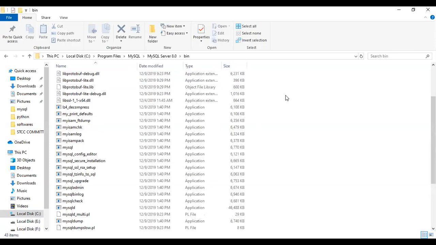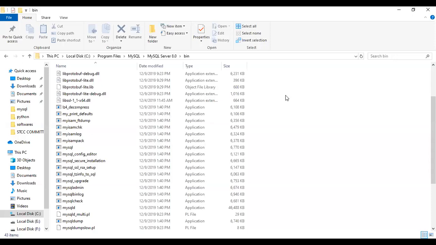For example, if you are working with Java, you have to install the JDK tools. Once the JDK tools are installed, you have to go to the bin folder of your JDK software. It will be installed in the C drive, Program Files, JDK, and the bin folder will be there. There you have to work. That means all your programs must be stored in the corresponding bin folder of the software, so that your programs will be executed.